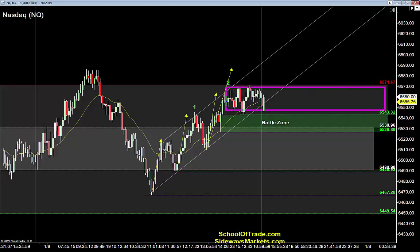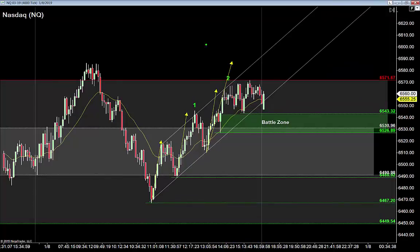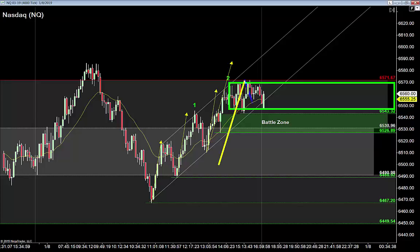If we do see it go sideways here, here's one thing I didn't touch on the S&P. What if we see the market going sideways here? Now what do we do? Basically same thing here, right? So if it's still sitting here going sideways right now, we'll wait for that 1, we'll wait for that 2, right? If they can't get it,